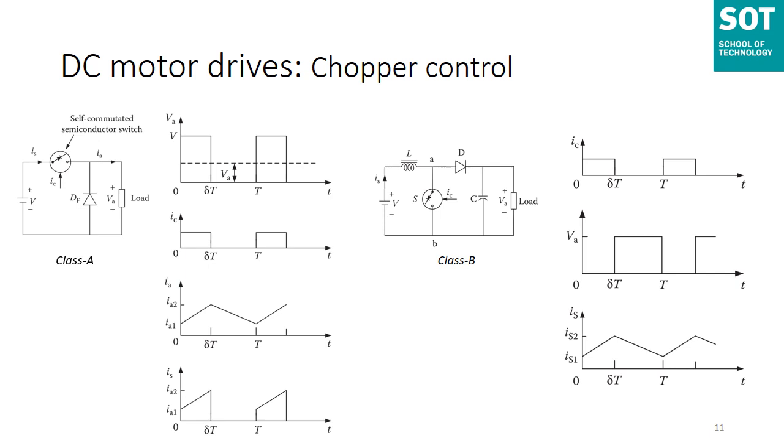While most applications require a step-down chopper, the step-up chopper finds application in low-power battery-driven vehicles. Same step-up chopper, the principle behind step-up chopper is also used in the regenerative braking of DC motor drives.